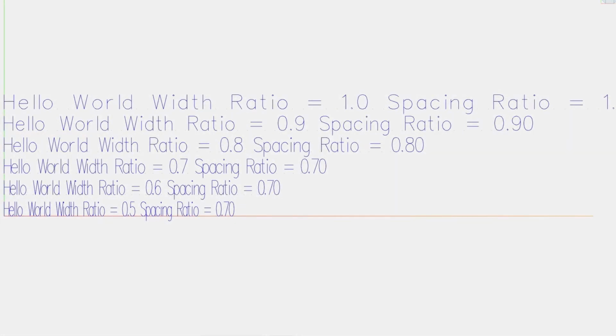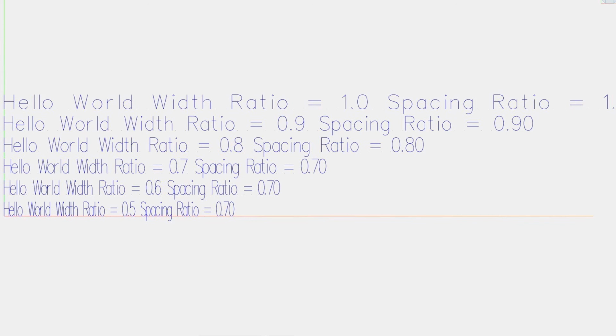In the third example, both the width and spacing ratios vary. With a width ratio of 0.5 and a spacing ratio of 0.7, the text fits in a lot less space without needing to change the height. How well this will look on a part will depend on the width of the groove the engraving cutter makes. If you have limited space for a long part number or serial numbers, you can experiment with the width and spacing ratios to get the